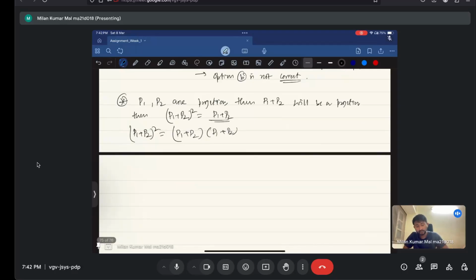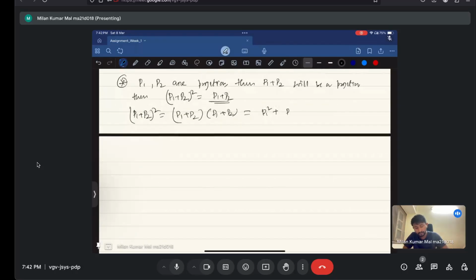And this is equal to P1 squared plus P1 P2 plus P2 P1 plus P2 squared, which is P1 plus P1 P2 plus P2 P1 plus P2, but this should be P1 plus P2,